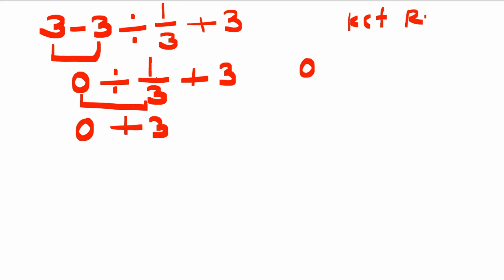KCF rule: keep, change and flip. So 0 divided changes to multiply and flip. Flip means numerator goes to denominator and denominator goes to numerator. So the 3 in the denominator goes to the numerator. 3 plus 3 means